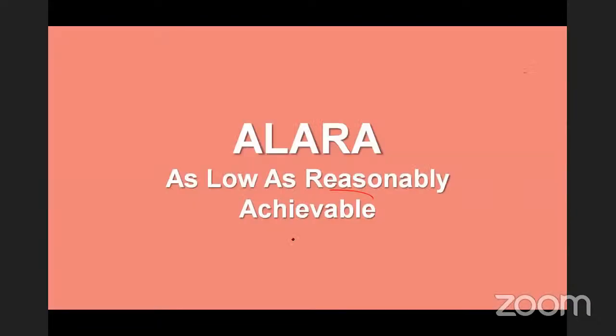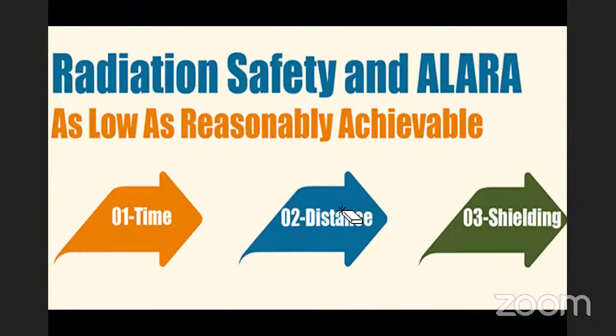Okay. Achievable is again very important, because I have seen so many times they have changed the term achievable into something else. Even I have got confused so many times. Just remember this term: as low as reasonably achievable. Now, other than this, the three classical points of radiation safety are time, distance, and shielding. What is time? We should expose ourselves and the patient for as little time as possible.